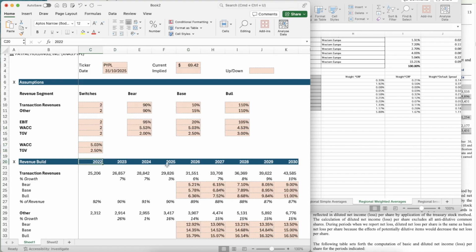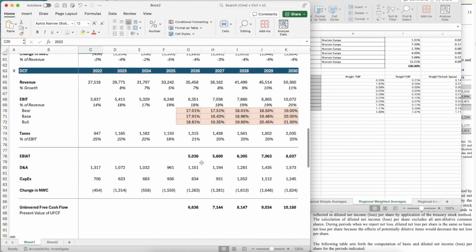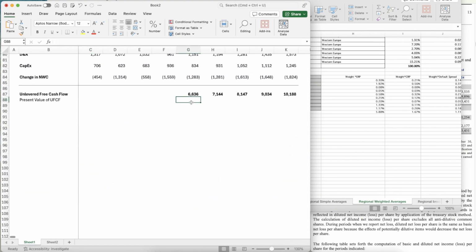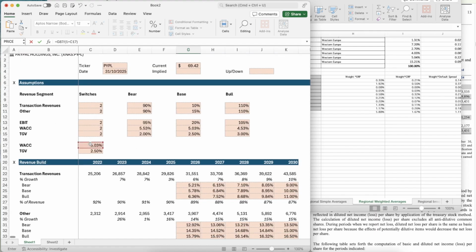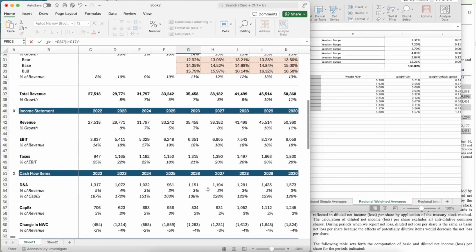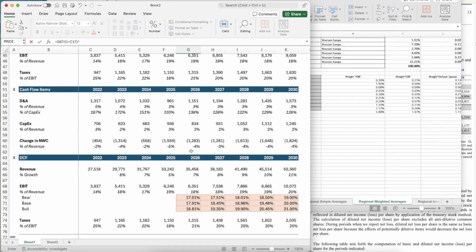Now, let's calculate our share price. So come back down to here. The present value of unlevered free cash flow is you take your unlevered free cash flow, you divide it by 1 plus the WACC, close brackets, to the power of, oh, I've forgotten to put, so just put here for now, lock in the WACC,